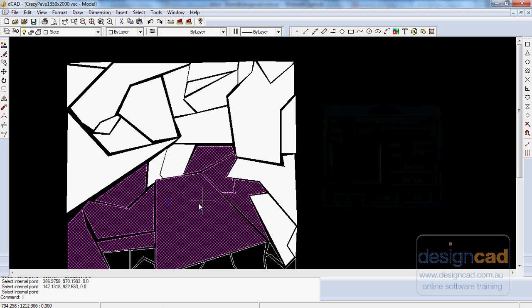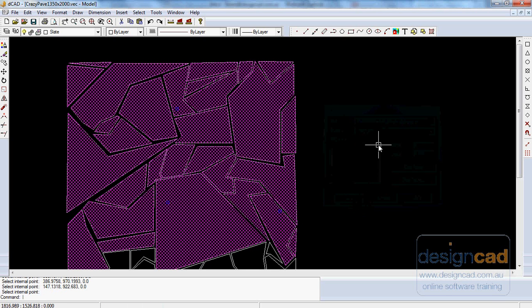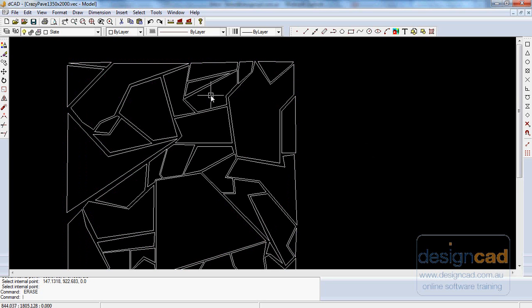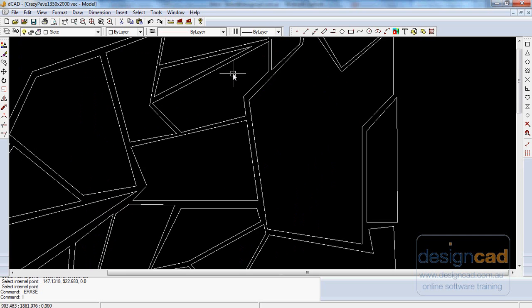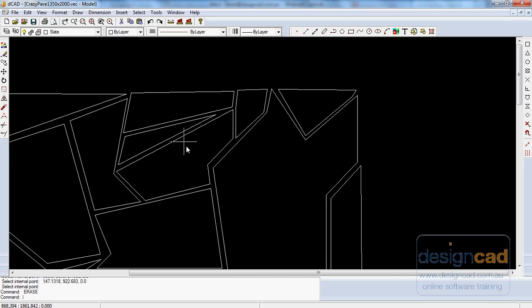Don't forget that each one of the hatches that I've put in there is a separate entity, and I can pick them up, recolor them, remove them, or whatever. Let's delete them. And what we found with that hatching is that the gaps between our tiles were rather too small in this area. So now that it's a polyline, it's relatively easy to move the vertices of the polylines in and create more gaps between the individual slate,